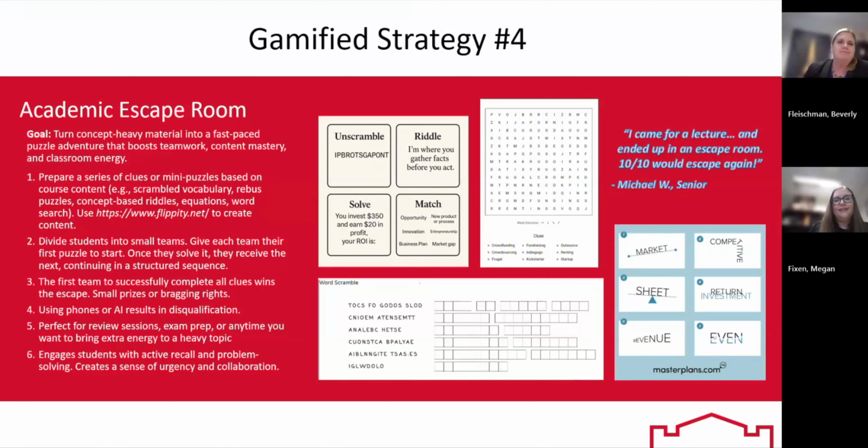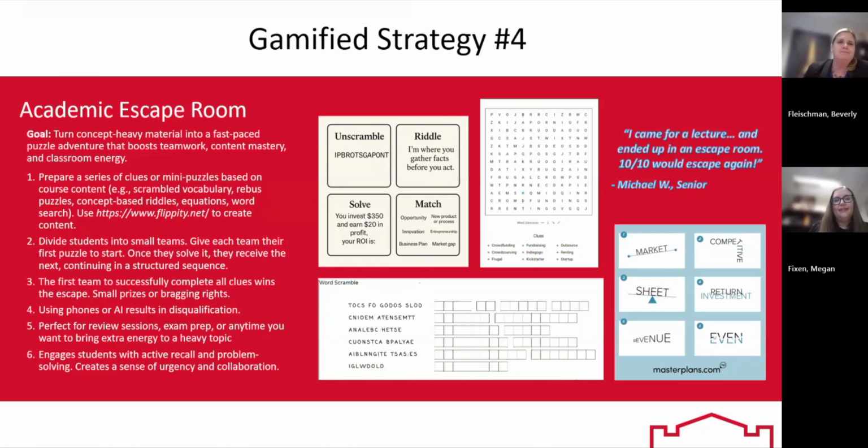But as I lecture, the students have to listen really closely and then mark off the terms as they hear them. And then as soon as someone gets 4 terms in a row, either horizontally, vertically, or diagonally, they call bingo. I quickly verify their win, and there really is only one winner per round. Then I give out small prizes from the dollar store or candy to the round winner.